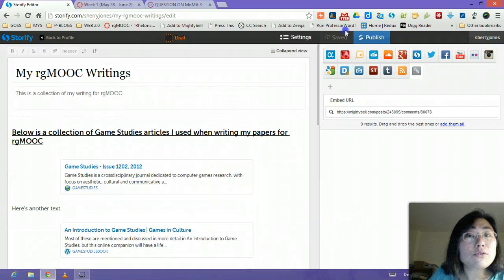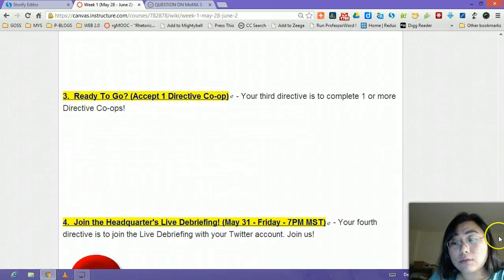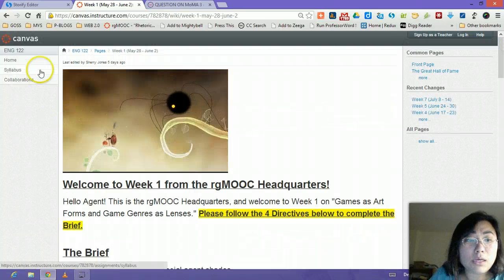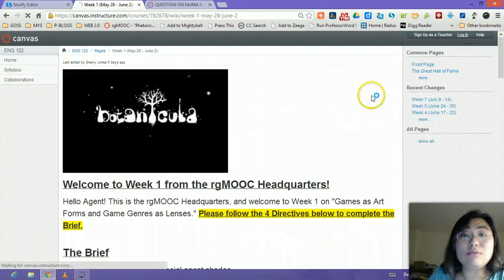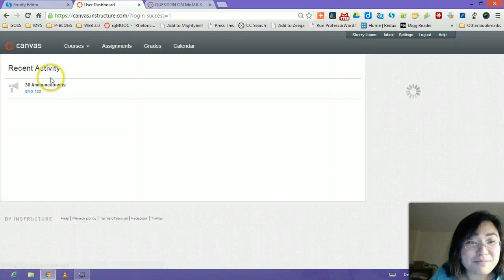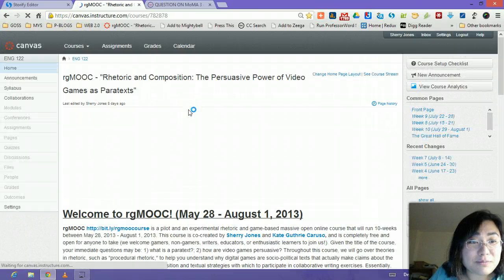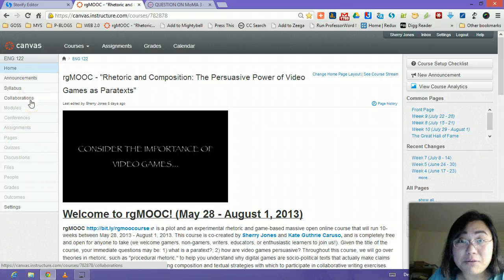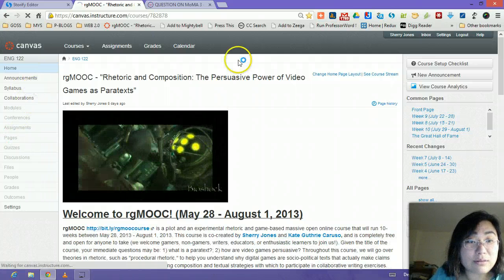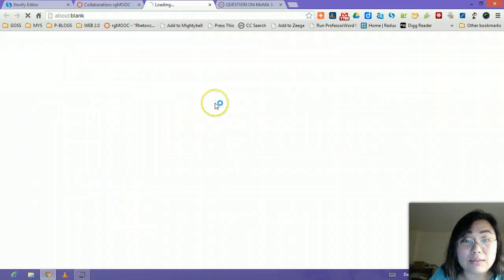Now, how do we store collaborative co-op pages? So, I'm going to go back to our course. Okay? Now, I need to sign into all of these. Okay, I'm going to go back to our course. Okay. Now, if you click on collaborations on the left side of the course, you should see that our week 6 rhetorical analysis essay, which is our collaborative writing co-op, is up. So what you do is you click on this,